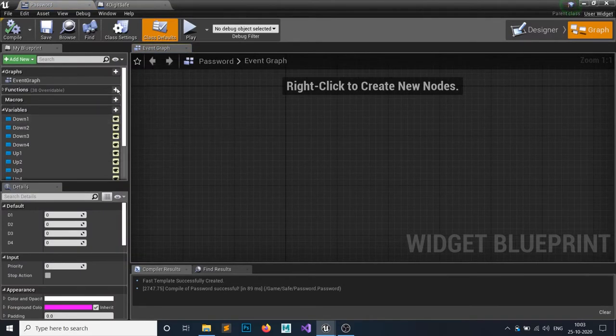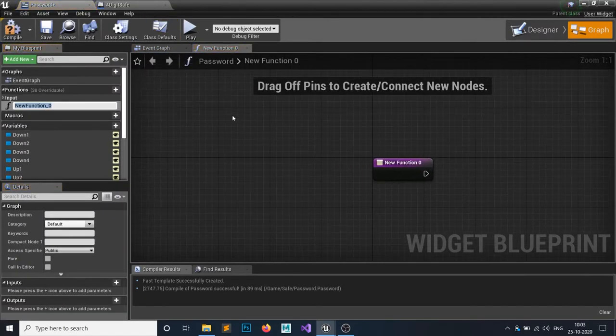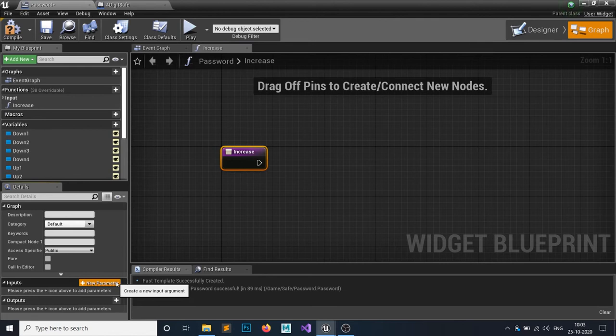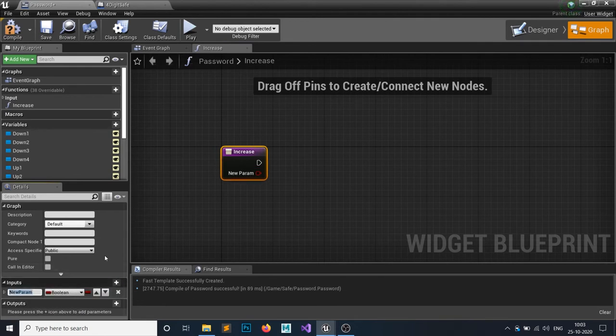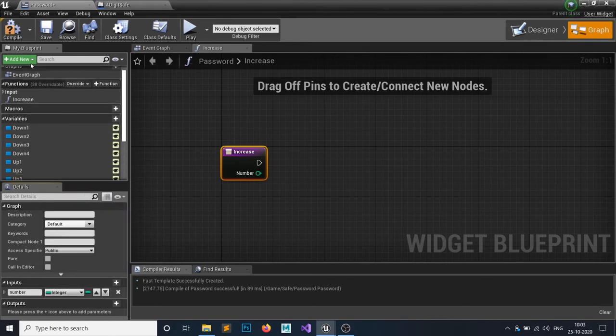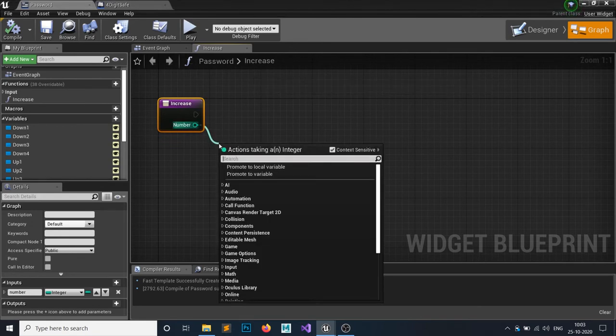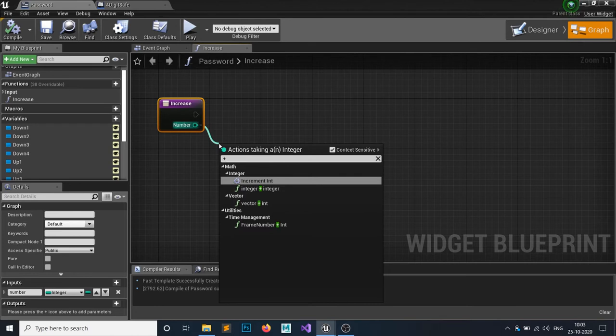So for that, let's first make a function. I'm just gonna call it increase. That increase has a certain input that I'm just gonna call number, and this would be an integer. So what we want to do, whenever we hit that up button, we want to increase our number by 1, so +1.